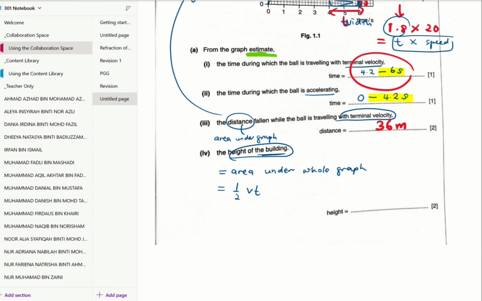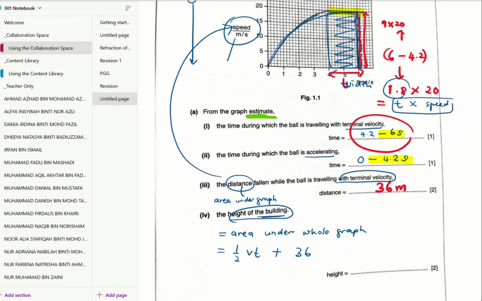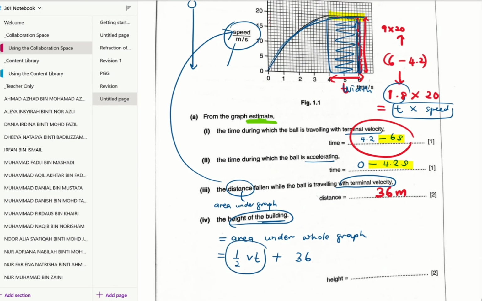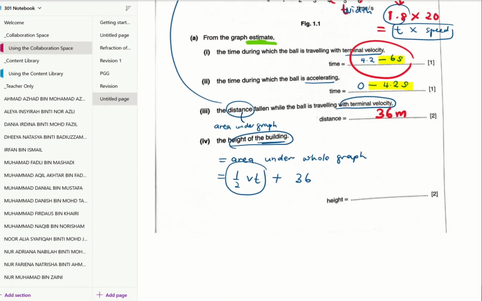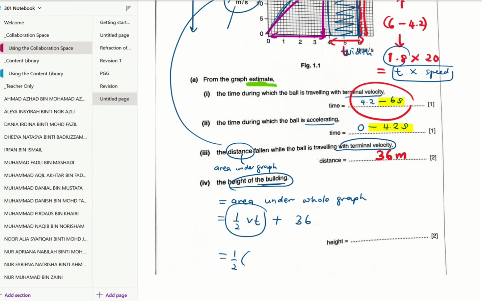This is estimation, remember? So half V times T. Oh, not trapezium, triangle. Right? It's like a triangle. Can you see? Like a triangle. Okay, estimation only. So the height is V, the base is time. So we just substitute V. Okay, if you look at the purple triangle I've drawn, the V is 20 for the graph, and the T is 4.2 minus 0, which is 4.2,